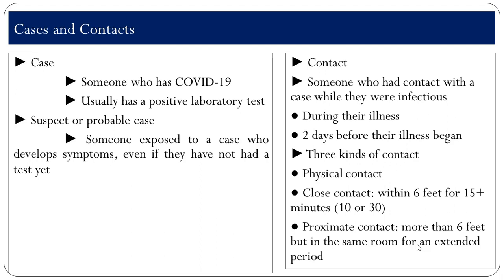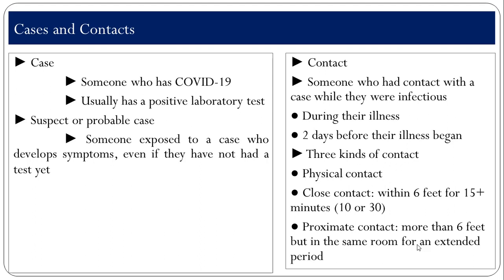There is a third type of contact that you may also want to know, those people who have been in the same room for an extended period, maybe an hour or more, with the infectious person, but they were more than 6 feet away. So, sometimes these people could also be at risk. They may have had contact with the same surface. These are called proximate contacts, and sometimes you will also be looking for these types of contacts when you are doing contact tracing.